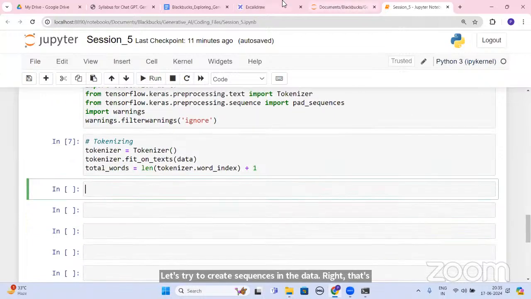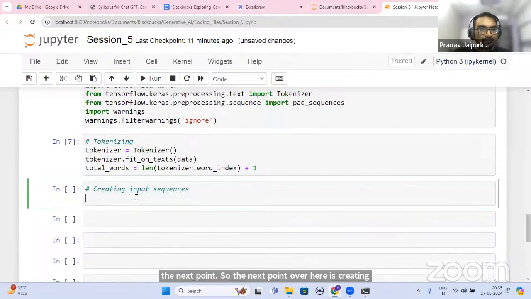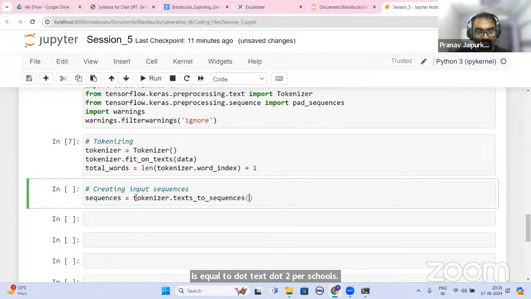So the next point over here is creating input sequences. So sequences is equal to tokenizer.texts_to_sequences(data).